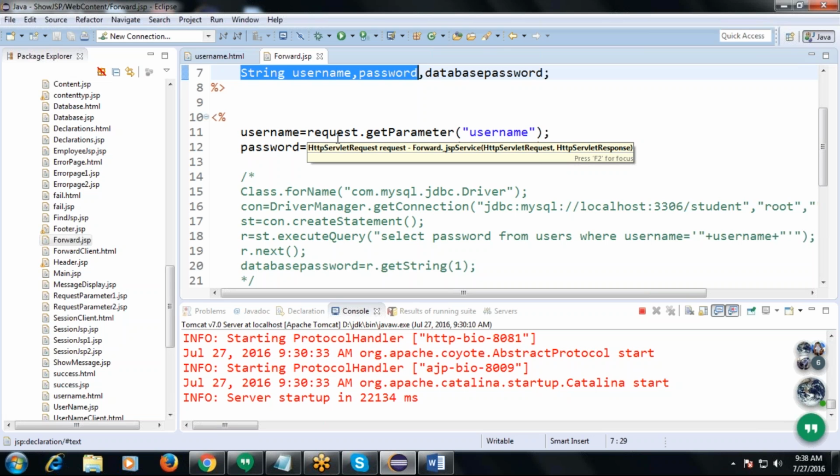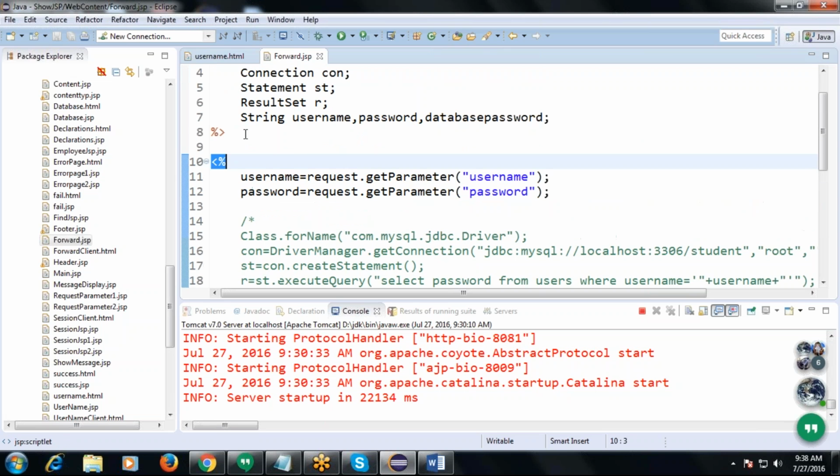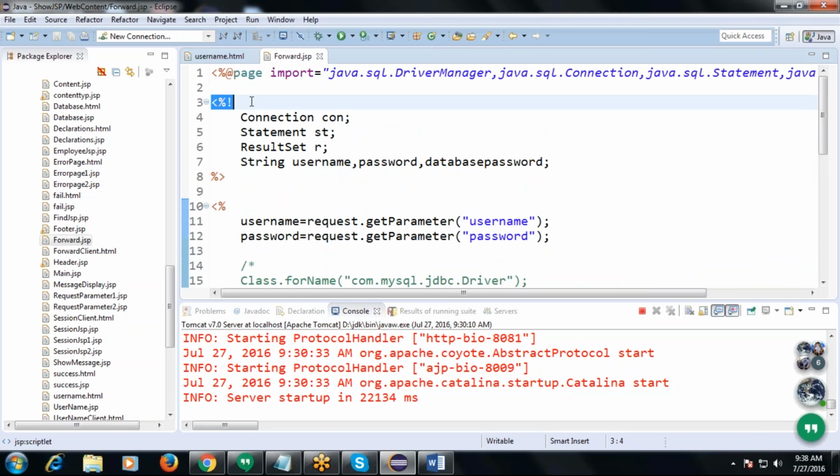Scriptlet followed by an exclamation symbol, right? This one above is only a normal scriptlet, but the declaration requires the exclamation mark.